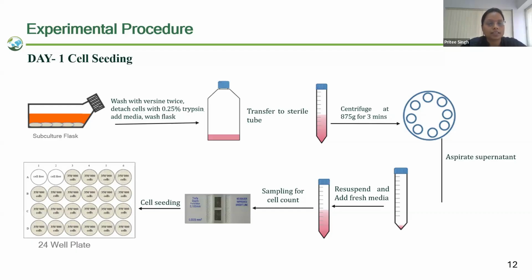The concentration of trypsin was maintained at 0.25%. And to stop the activity, after a few seconds of trypsinization, media was added, that is L15 culture media, to stop the activity of trypsin. Then this material has been transferred into a centrifuge tube, and after centrifuge, in the pellet, fresh medium is added, and manual cell count has been performed with the use of hemocytometer and microscope. So 350,000 cells have been added in each well in the 24 well plate, except the first two.